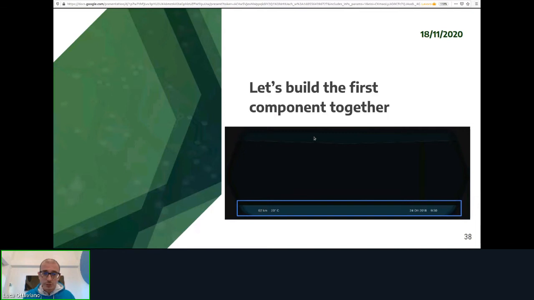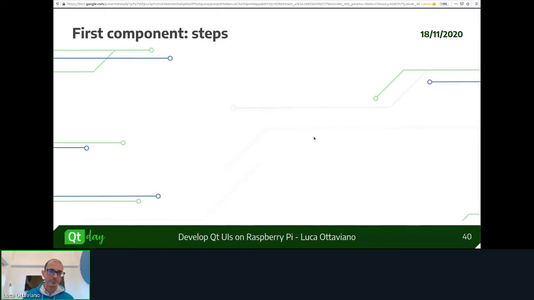We need to create 4 text elements for each of these texts that we have below. We have kilometers, we have a temperature, we have a date, and we have the time. Okay. So the steps: